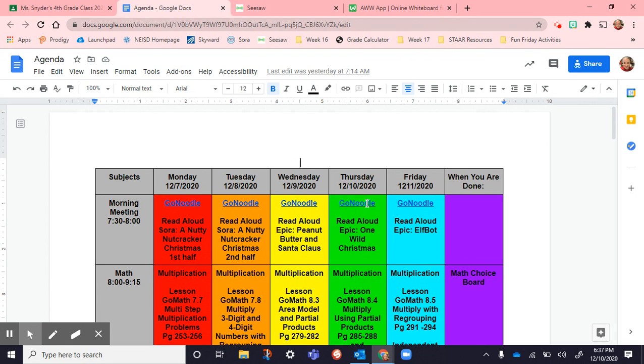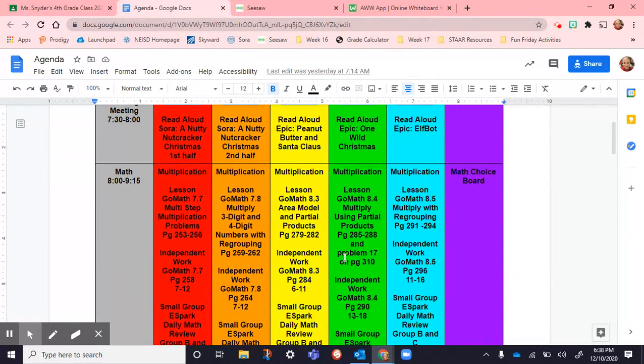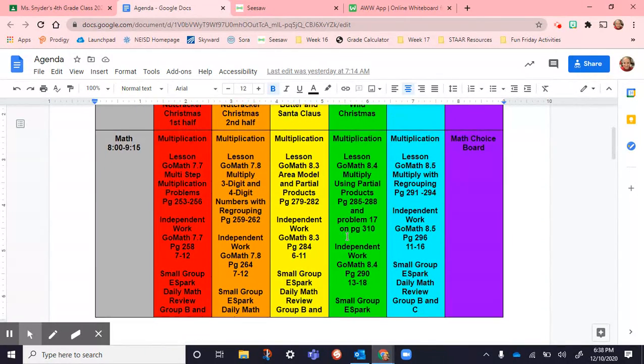So we did our Go Noodle, and today we read aloud One Wild Christmas. For math today, we did 8.4, which was using partial products to multiply. So we started off on page 285, and then